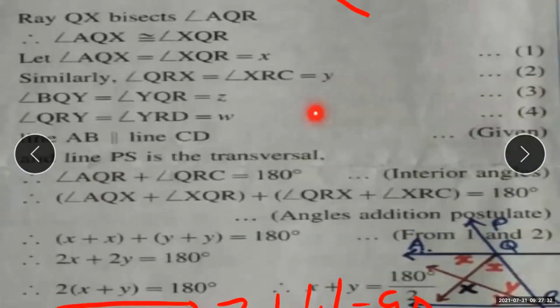So this angle is 90. To find this value, we have to take this triangle, triangle QYR. In this triangle,